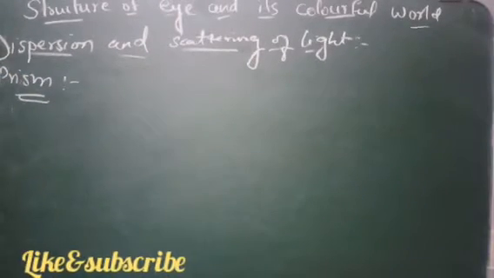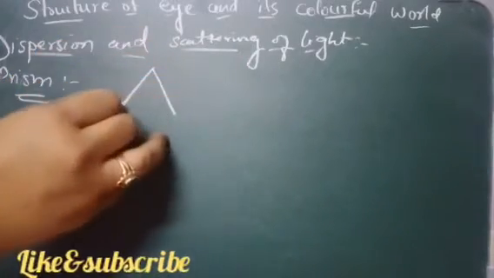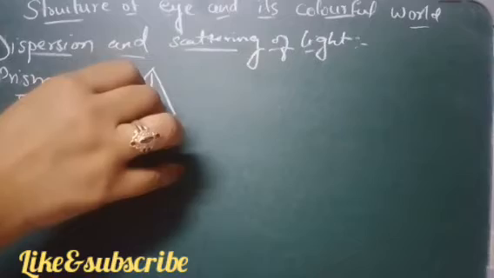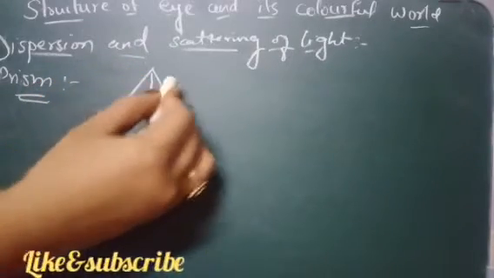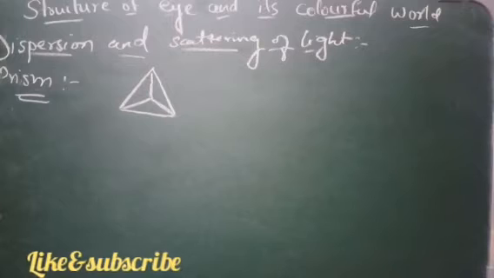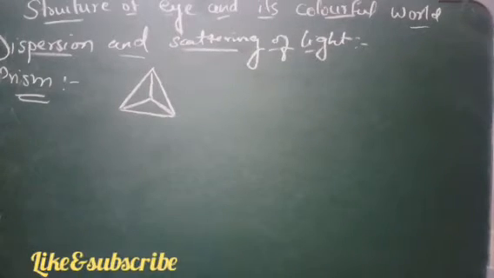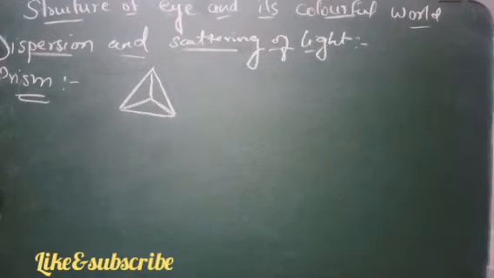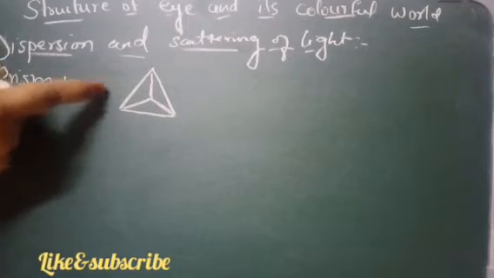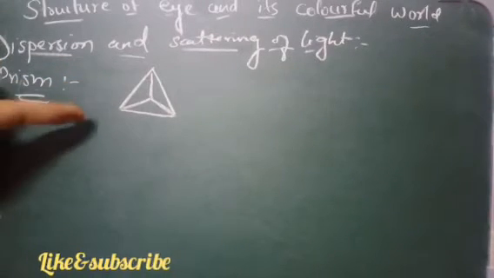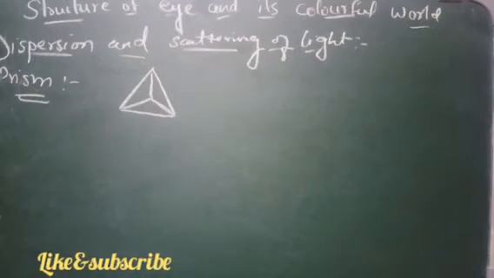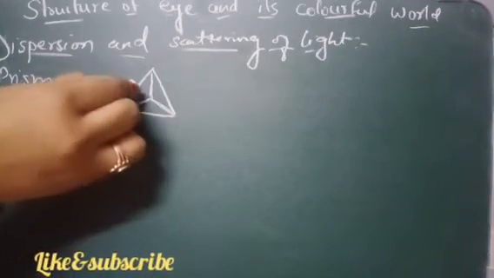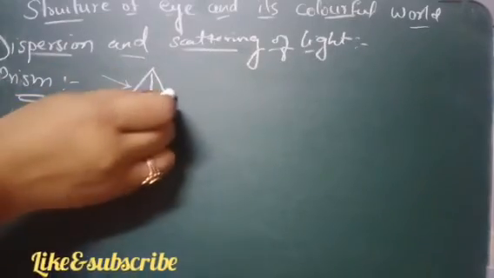As we know, a prism is a transparent medium. So this is a prism, right? It is a transparent medium separated from the surrounding medium by at least two planes, which are inclined at certain angles in such a way that when light incident on one plane surface emerges from the other plane surface. To understand, suppose light is falling on one surface, it will come out from the other surface, right? To understand this, we will do an experiment.